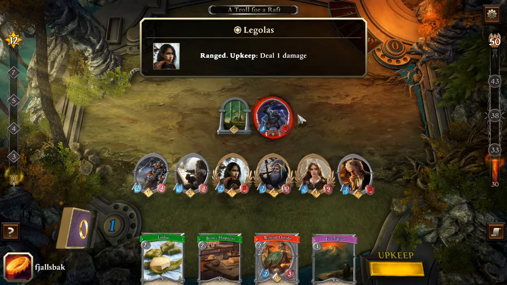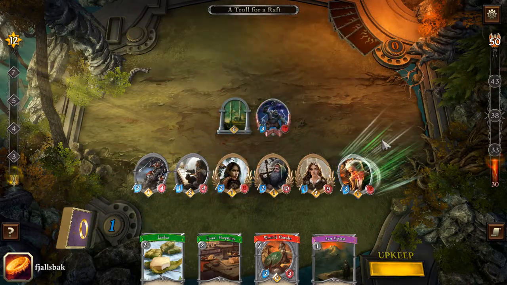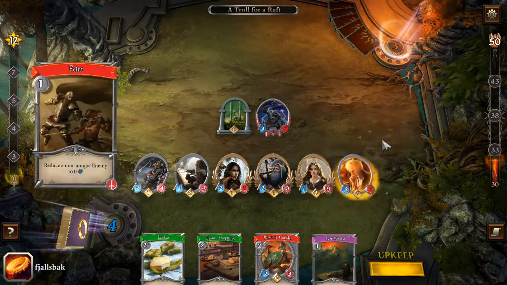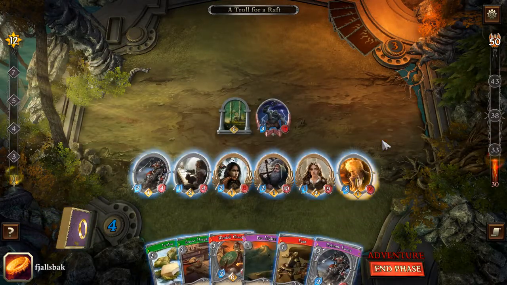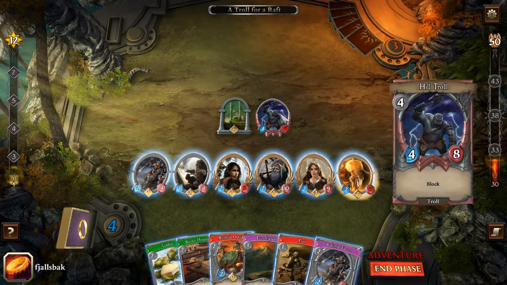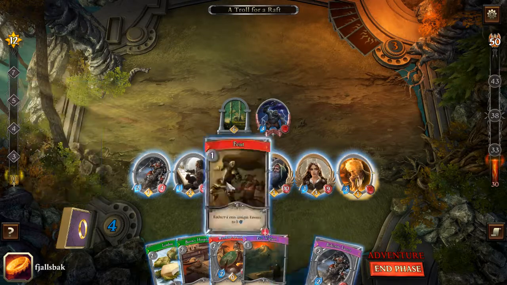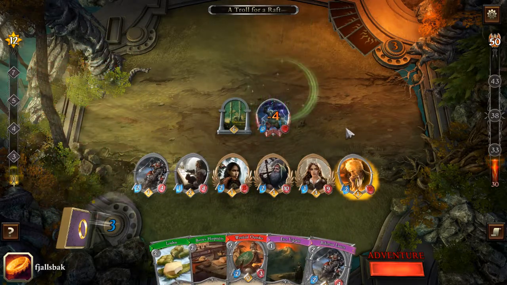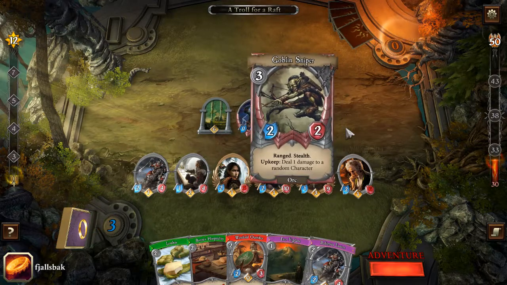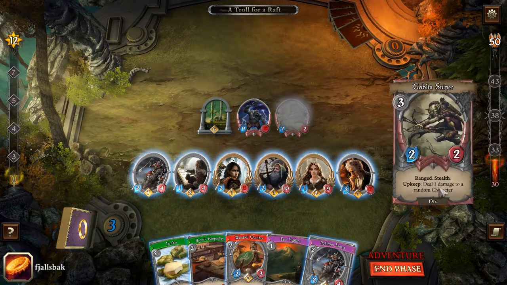Ready a character, upkeep, you do 1 damage. That is an easy choice. And Bilbo needs to survive, so he gets the hit point. Right, are you non-unique? You are non-unique, so feint. Reduce your attack by 4. Ranged and stealth, and then deal 1 damage to...